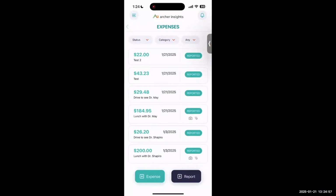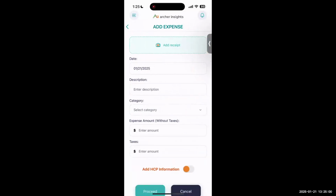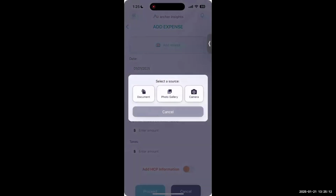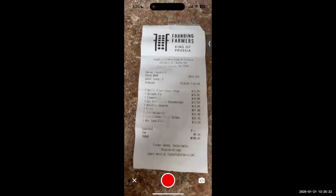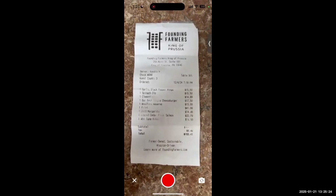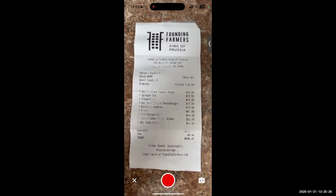So first, I'll go ahead and scan a receipt. And if I forgot to scan the receipt, it will remind me to do that later. So when I click on add receipt, it gives me the option either to pick a document from my phone or my photo gallery or enable the camera. So I'm going to enable the camera, and I'm going to take this receipt for the restaurant I went to